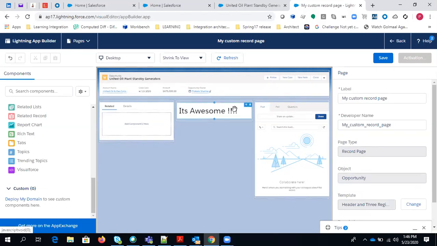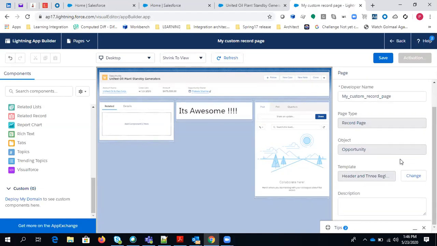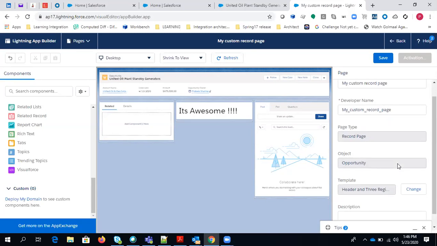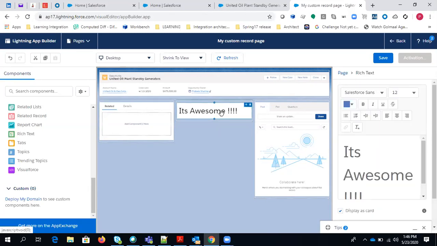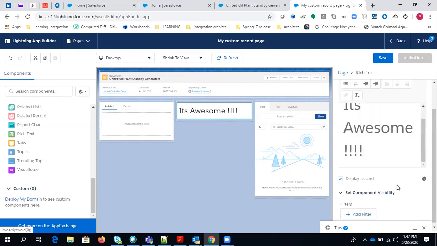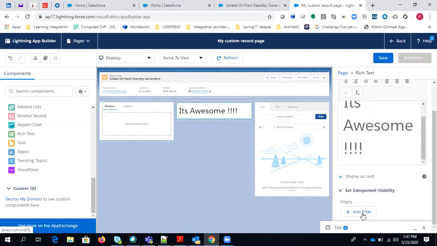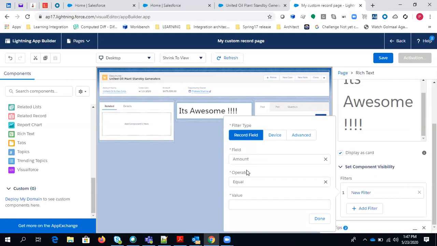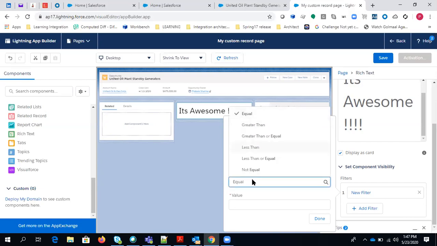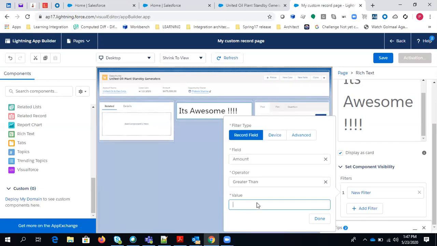So let's say my requirement was that it should only display if the amount is greater than 50,000. If amount is greater than 50,000, then only it should display, right? So in the lower part of this, there is an option called add filter. You can simply go to add filter. Here you can see the amount is already selected, and you can pick other fields as well. Now the operator is greater than, and I am typing here 50,000.